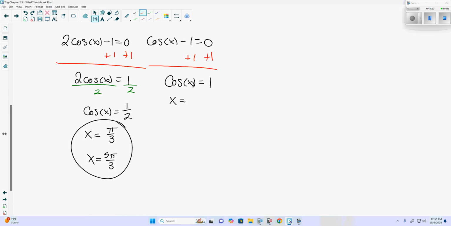Cosine of x equals 1. Only one spot. Because here we're looking at x, which is 0. We actually saw that when we graphed it. That's it. We'll stop there, mainly because we're